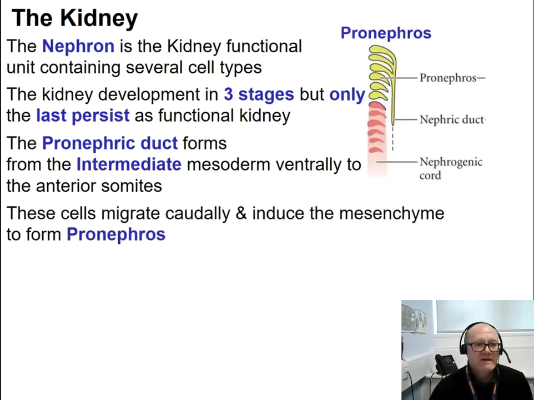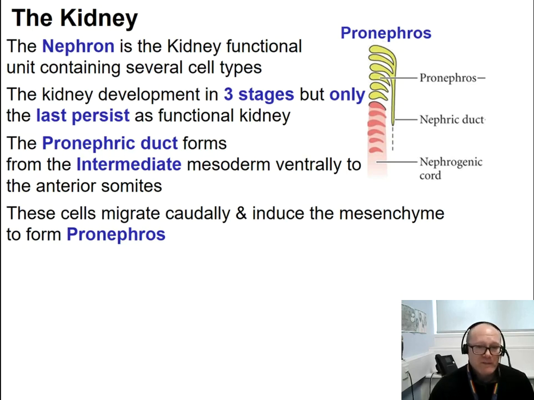So here is a sketch, if you want, where you can see the pronephric duct that is already forming anteriorly and already moving posteriorly. And when the pronephric duct is developing more posteriorly, it changes name and becomes the nephric duct or Wolffian duct. We will see that in a minute. However,